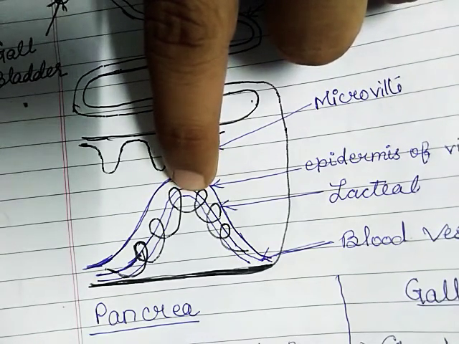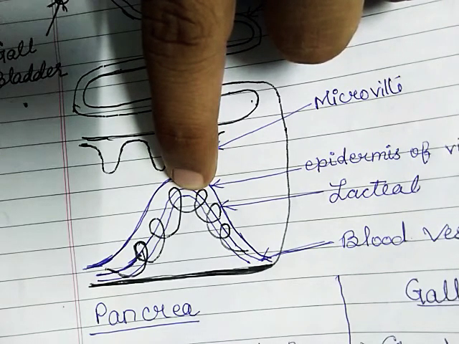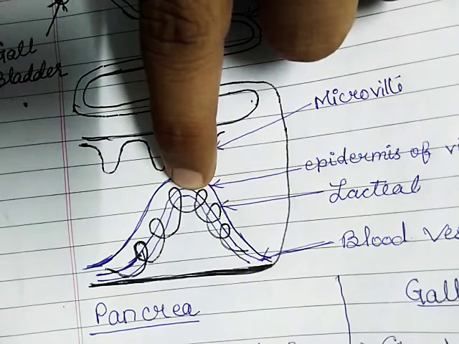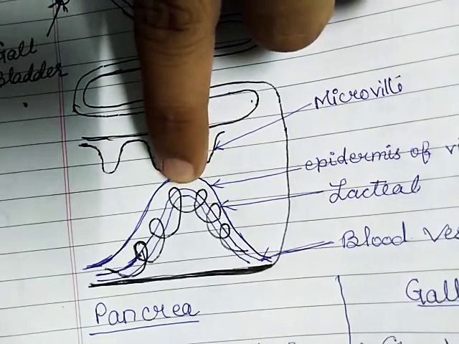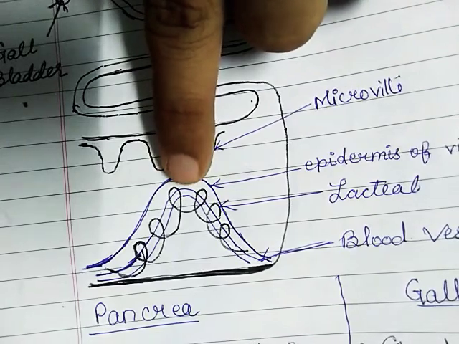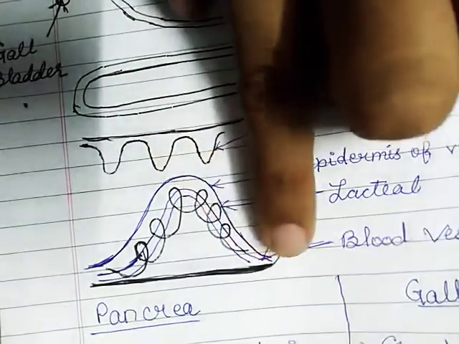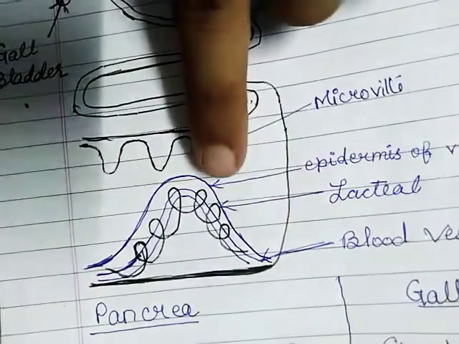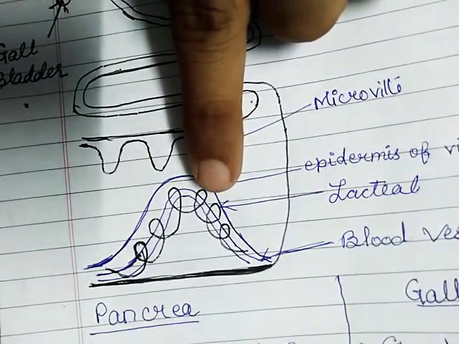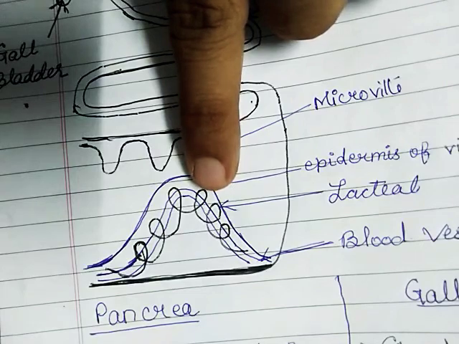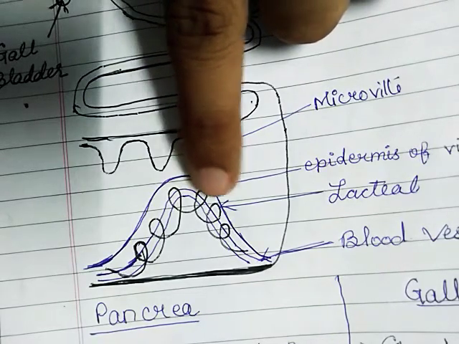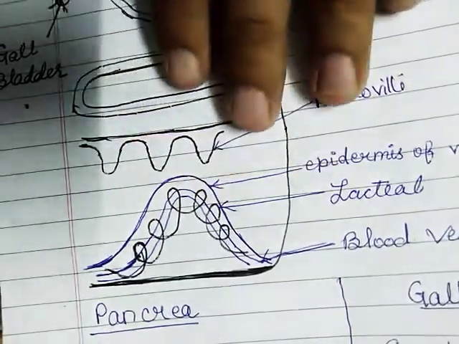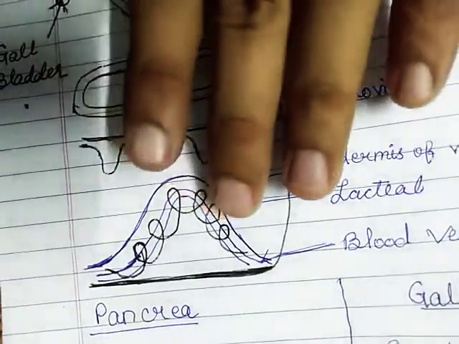These blood vessels absorb all the types of food except fats, that is, fatty acids and monoglycerides. Except fatty acids and monoglycerides, all other types of food are absorbed by the blood vessels. And now this blood vessel passes them to the different parts of the body. Now what is the function of this lacteal? This lacteal absorbs the fatty acids and monoglycerides. By this we have seen the whole digestion of the food and the absorption of food also.